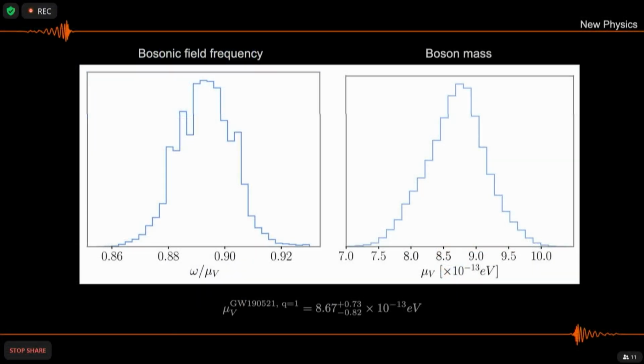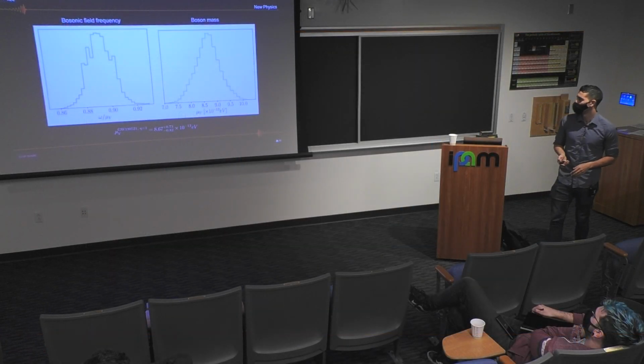But once you mix this with the total mass, you can find the mass of the ultralight boson that would be forming up these stars. And there are two aspects here. You get this value, around 8.7 times 10 to the minus 13 electron volts, which is, I believe, consistent with current bounds. And actually, those bounds are for scalar bosons, and we are talking here about vector bosons. So it's just a numerical match. And you completely discard 0. So if you ever believe this is a head-on collision of Procastars, then there is this new particle in there.